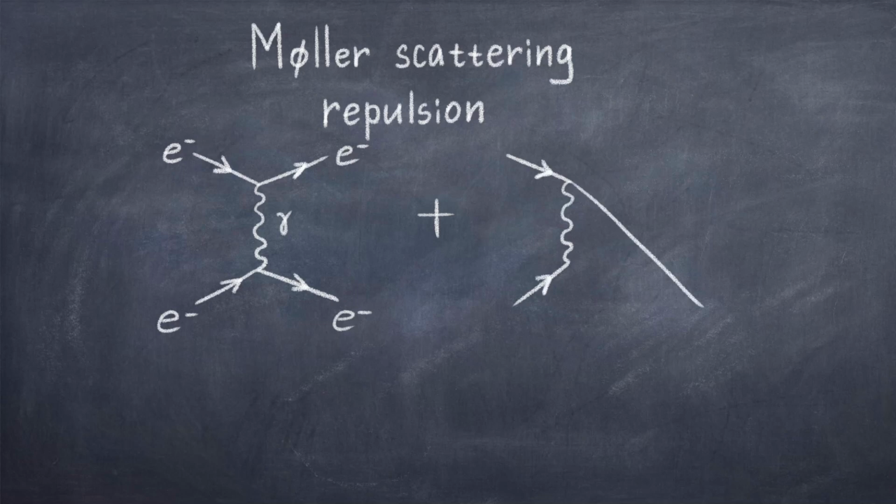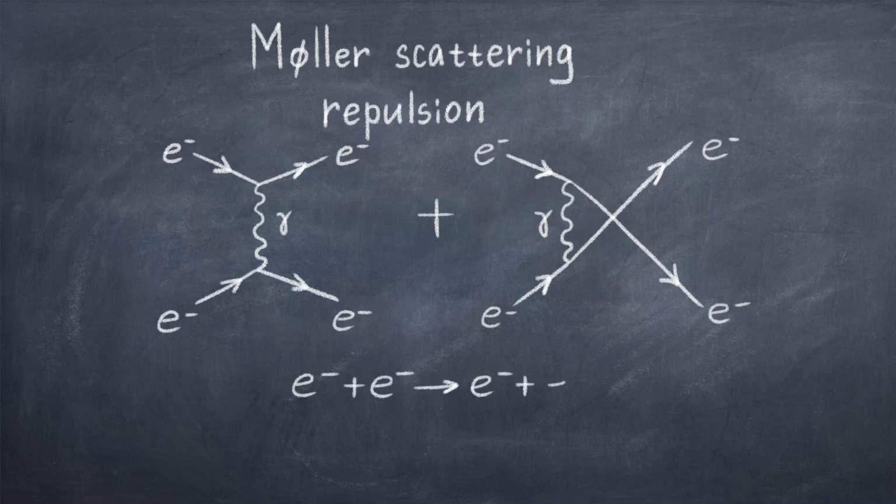Thus, if we have two electrons, we have no way of labeling them because they are identical. Because of that, there is an additional diagram which we must consider in our calculation of the repulsion of electrons. This diagram is basically the same, but the outgoing electrons are swapped because we can't distinguish between the two electrons. Now all you would need to do to get a number which we could test in an experiment is to compute both these Feynman diagrams using the relevant Feynman rules.